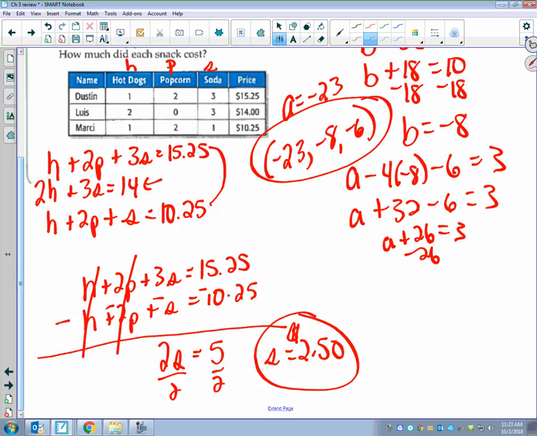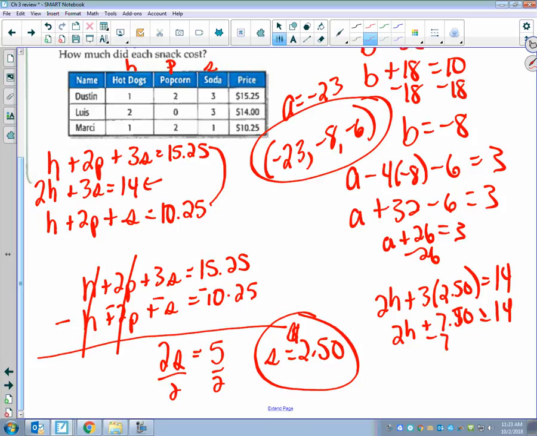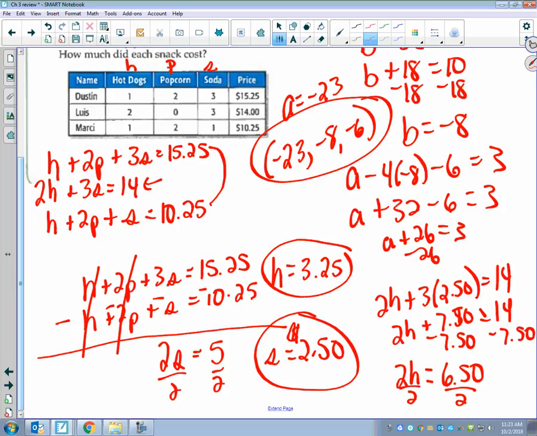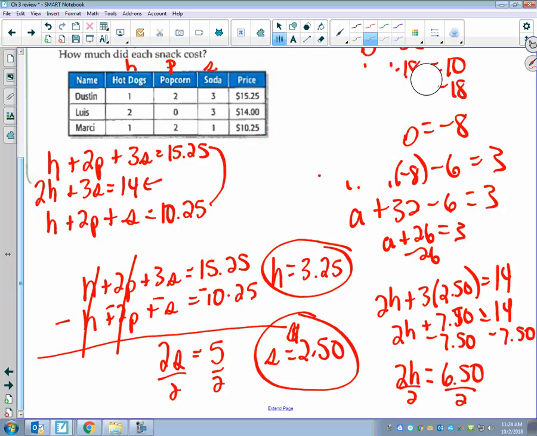So we could go back to this equation now and say 2H plus 3 times 2.50 equals $14. And what would that be? $7.50. So I'm going to subtract 7.50. And 14 minus 7 would be 7, so minus 50 more cents would be 6.50. Divide by 2, and I get that a hot dog costs $3.25. And now, to go back and find popcorn, I have to use one of the original equations that has a